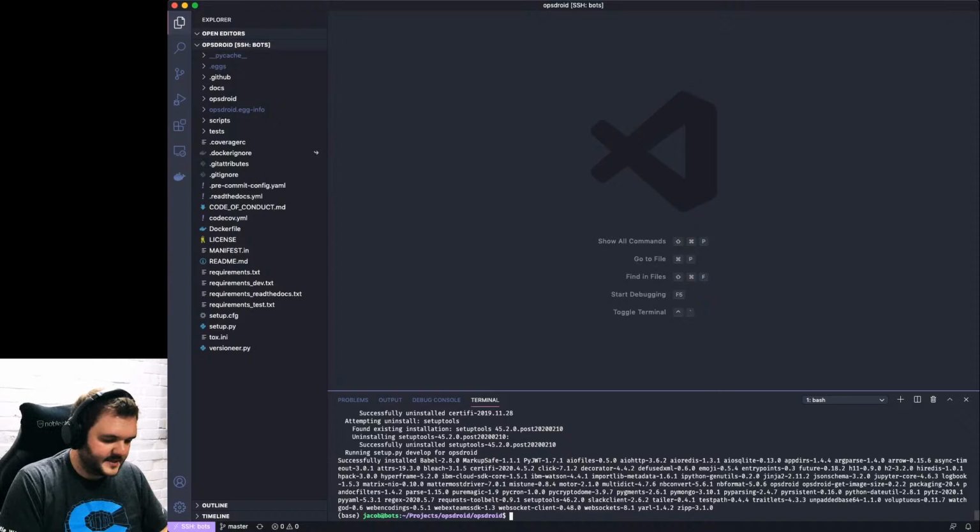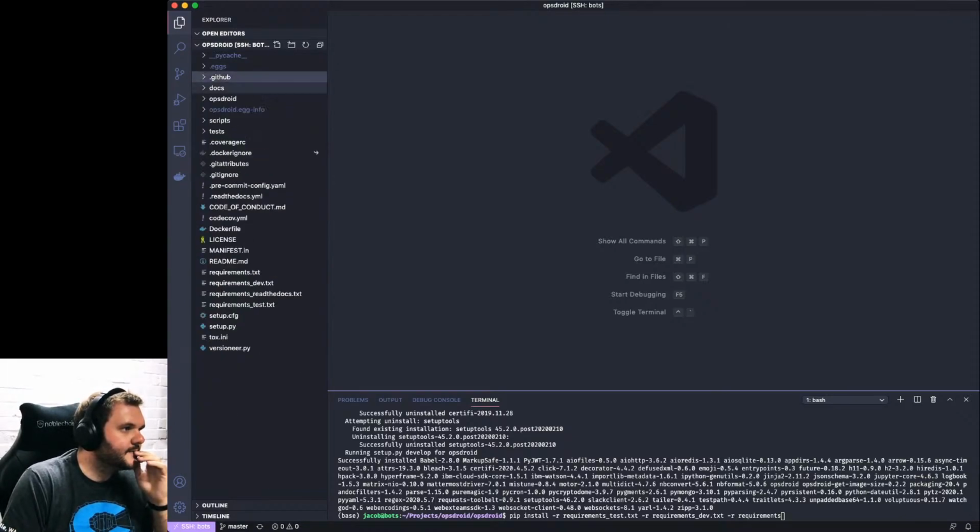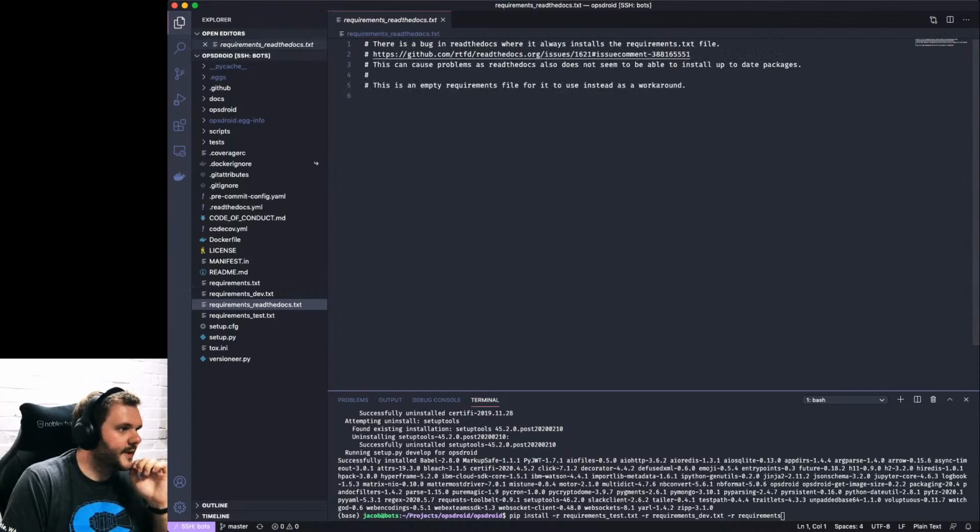So I've installed that, and then let's do pip install -r. We've also got requirements test, requirements dev, and requirements. We got docs requirements somewhere. Do we want that? No, we don't want that. That's fine.